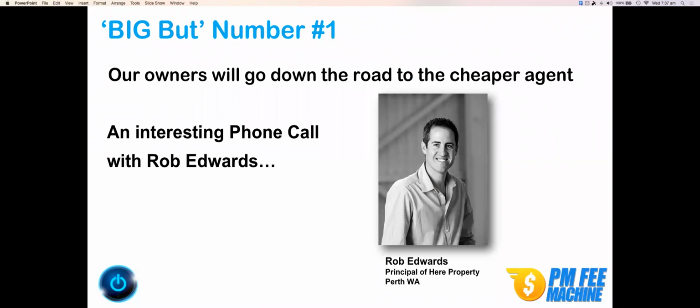Now let's talk about big butt number 1. Our owners, but Darren, our owners will go to the cheap agent down the road. I had it, and this is an interesting phone call I had from a guy called Rob. Rob Edwards runs a property management business in Perth, and he called me up and he said, Darren,